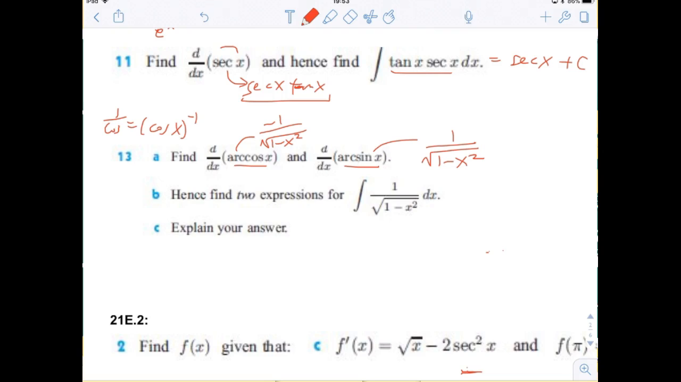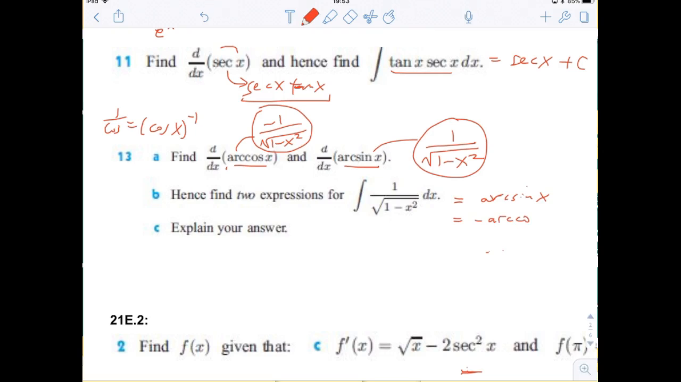They're very similar, right? Now, hence, find two expressions for the integral of 1 over the square root of 1 minus x squared. Well, one of them is really easy. If I wanted to find the integral of this expression, it would just be arc sine, right? So one of the possible answers is arc sine. Now the other possibility is that, look, arc cosine almost looks like it, except it's negative, right? So I could say that the integral of 1 over the square root of 1 minus x squared is equal to negative arc cosine,